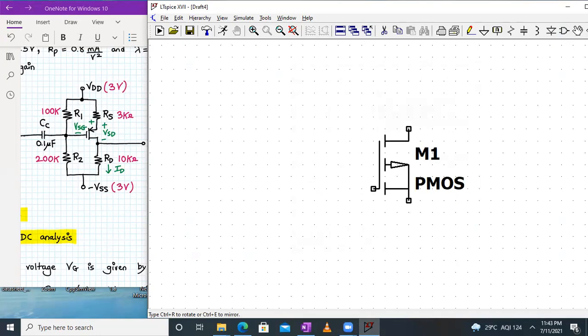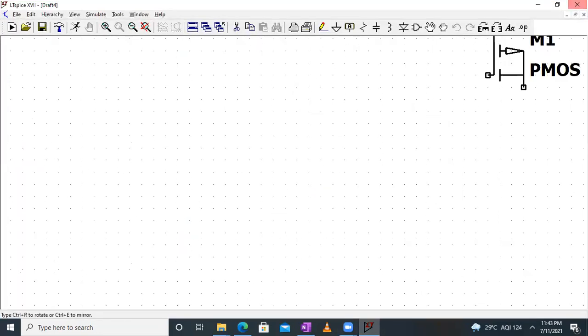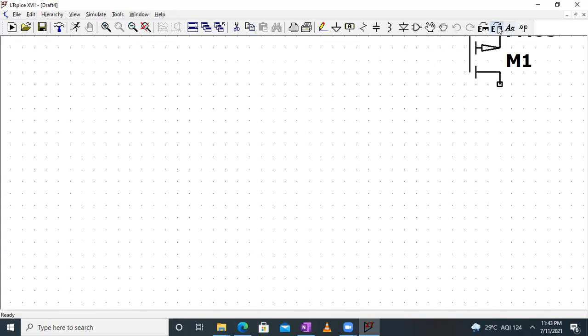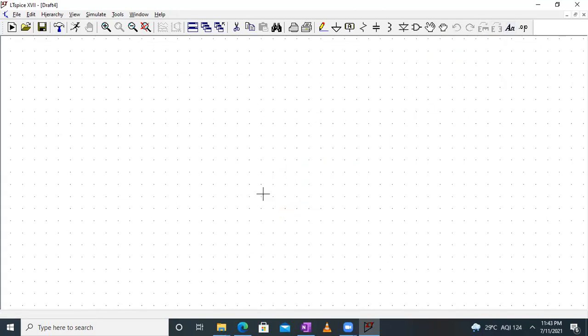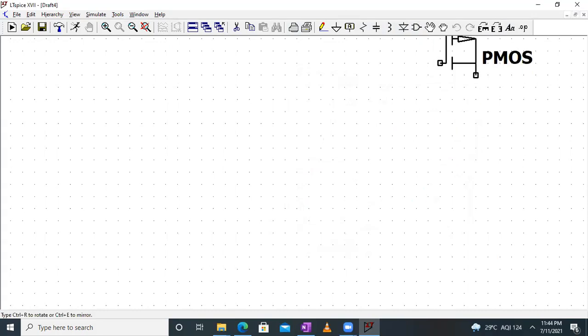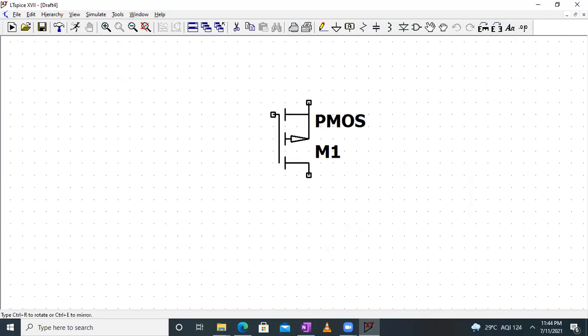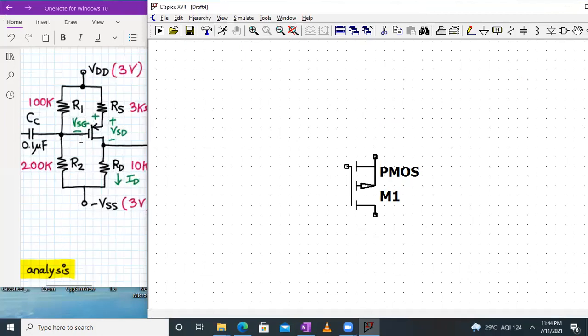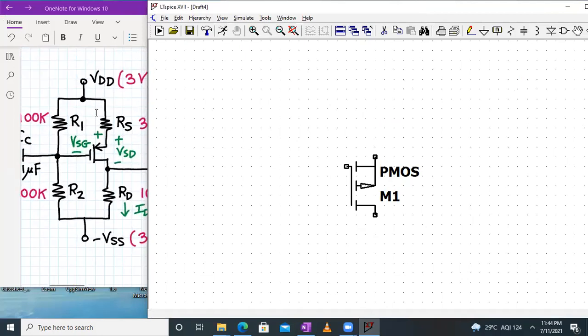Okay. So how do we do that? We have to maximize this. We have to go over here, mirror image, rotate, and here it is. The source terminal has gone up now. Okay, I think I have not saved it. Let me just select it again. So we have to mirror it one more time and place it onto the screen. This is very, very important. The source terminal, as you can see, is okay. And here near the gate terminal, we have the source terminal. That's the way to identify.